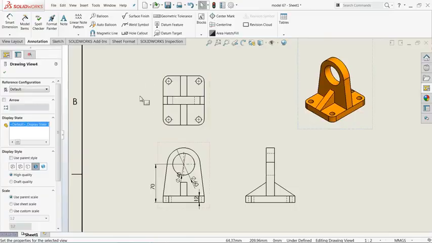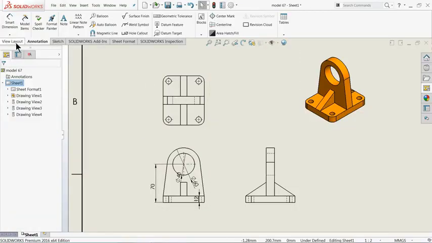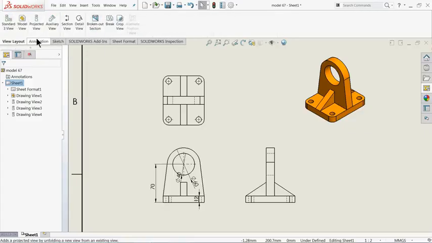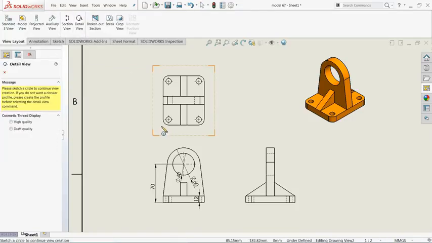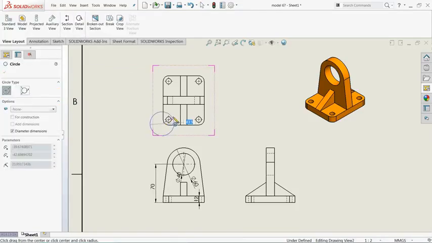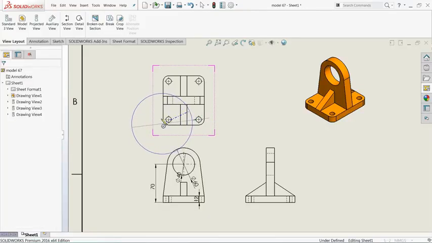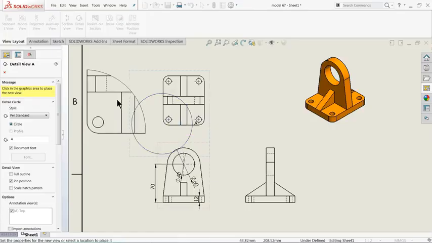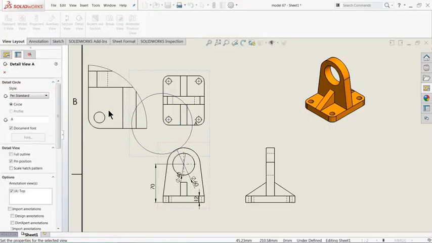But we will not do that, we will do one more thing first, then we will apply a drawing in full view. First we will see how to make a detailed view. Here is one option, Detail View, circle, just drag. Now see, click.